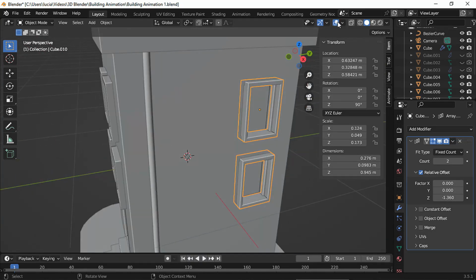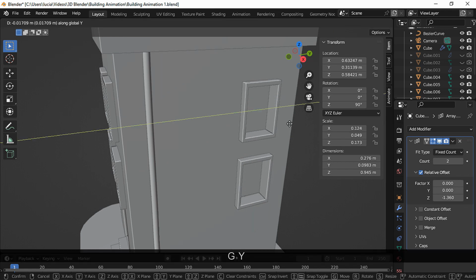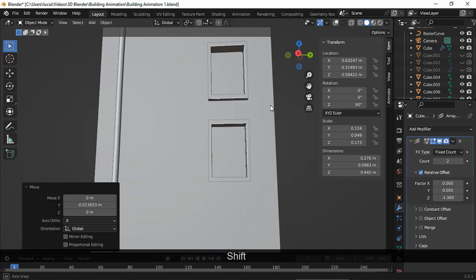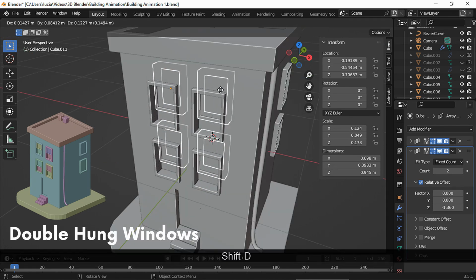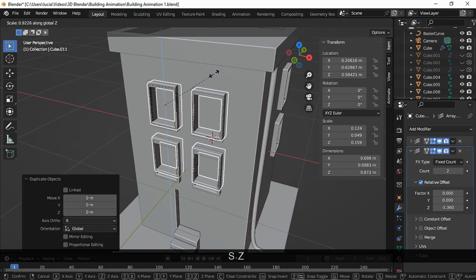Let's hide the overlays to see a bit better and move the frames if you need to until they fit perfectly. Duplicate the frames again and scale them down to create double hung windows.